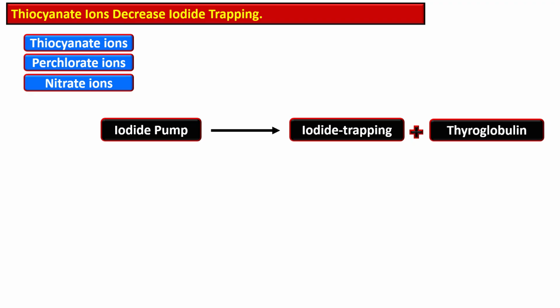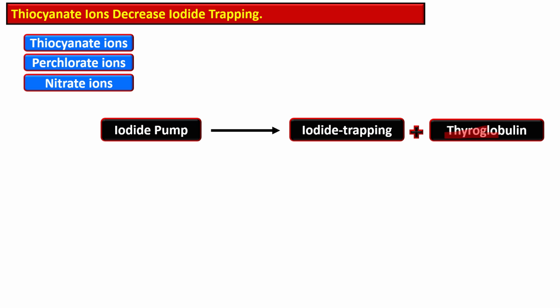But the substances thiocyanates and similar ions, for example perchlorate and nitrate ions, interfere with thyroid hormone synthesis by competing with iodide for cellular uptake in the thyroid cells. They compete with iodide for uptake by the sodium iodide symporter, reducing the entry of the iodide, and the thyroglobulin synthesis